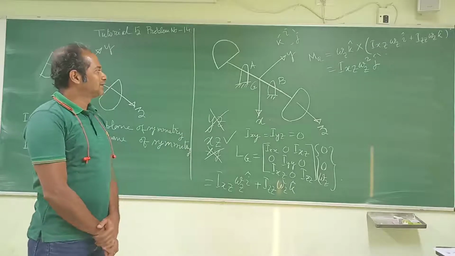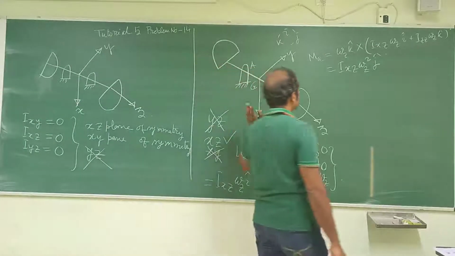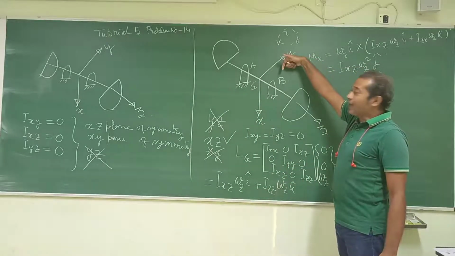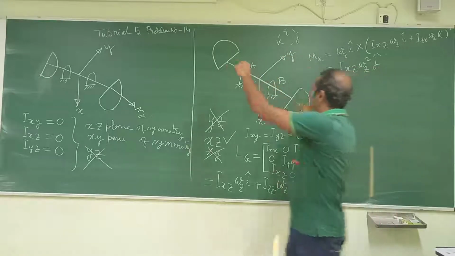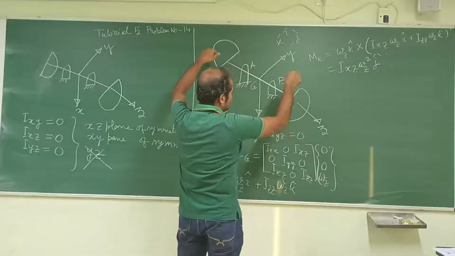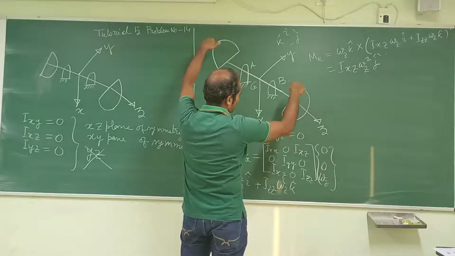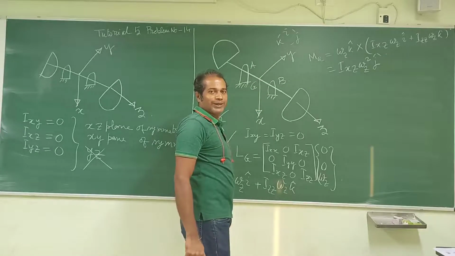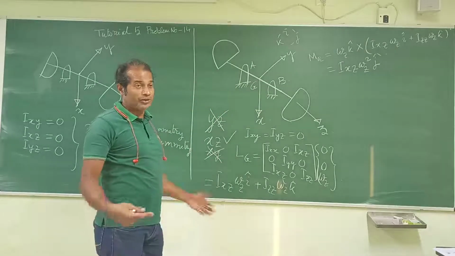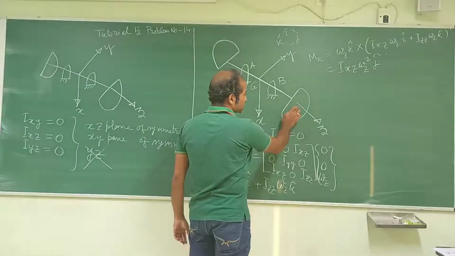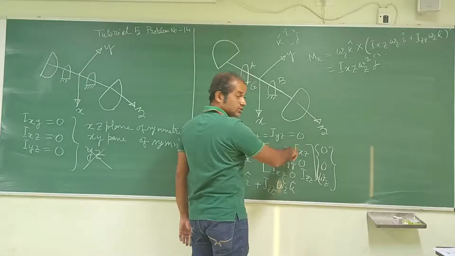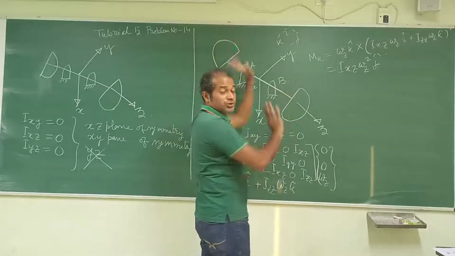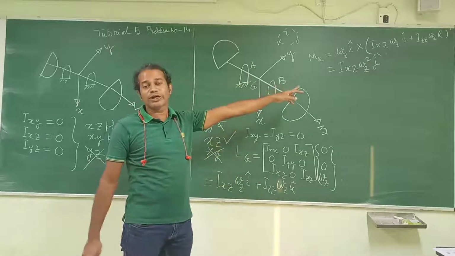So you understand that if this is the case, what is the action? It is going to topple like this. The y moment is going to act like this, so the couple or the moment is going to act like this. It is quite obvious from your H.C. Verma. Look over here, the mass is concentrated over here, so the centrifugal force is going to act like this, and they are equal. So it is going to create a couple, and that is what exactly we are going to get.